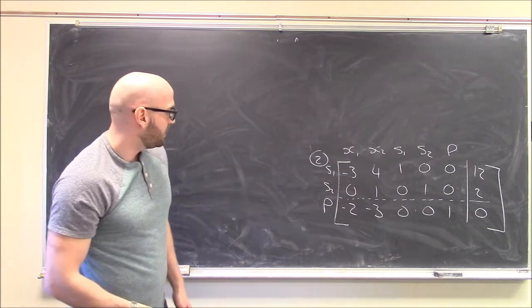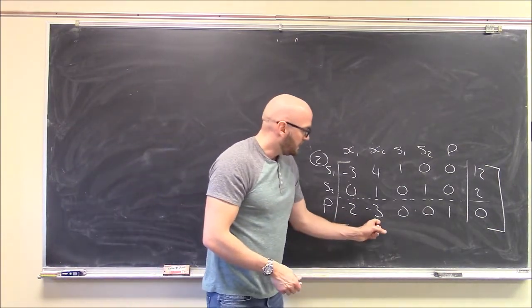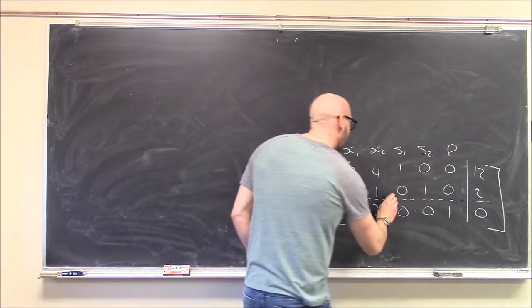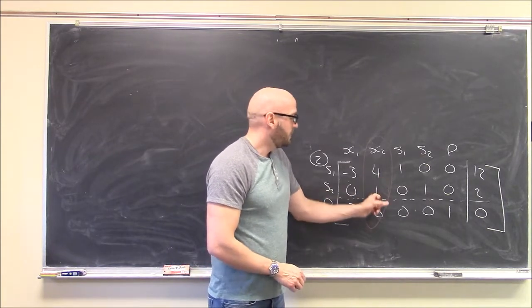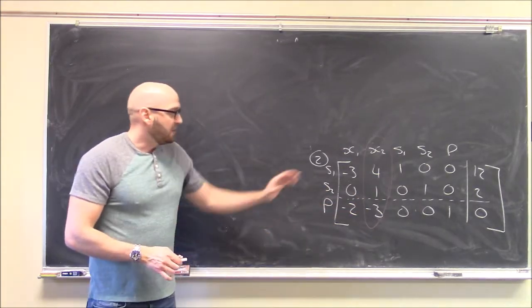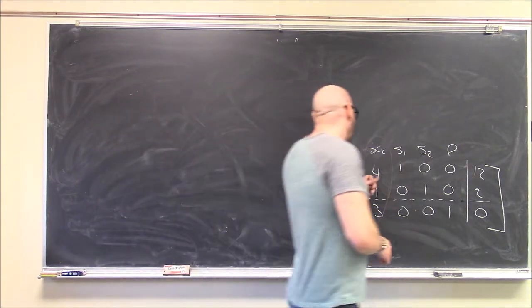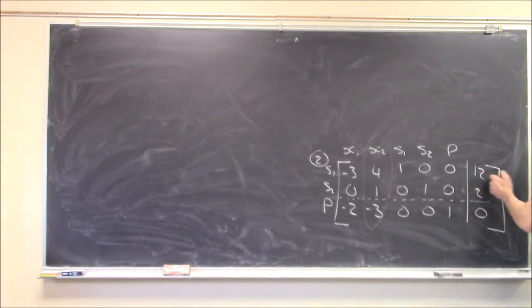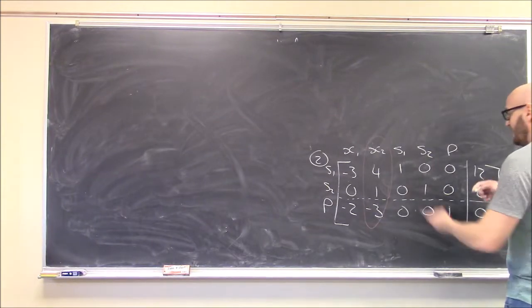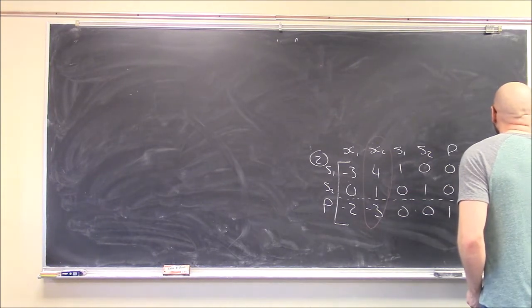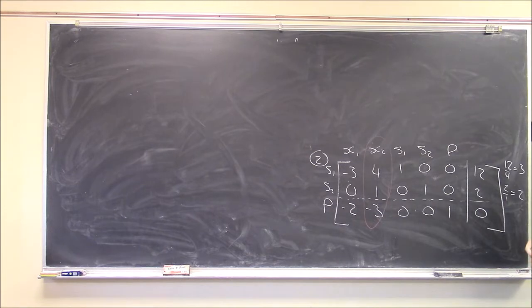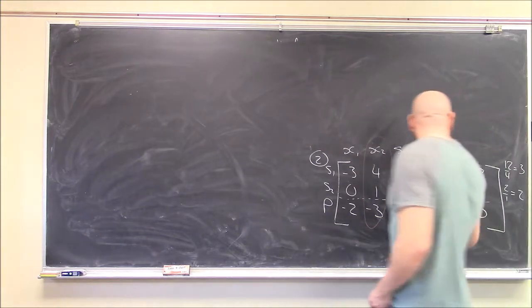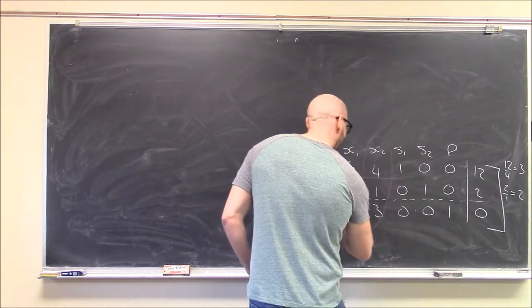So, how does this work? Well, I have to decide on a pivot column. I look down here and I find my most negative number, minus 3. There's my pivot column. I take the entries above the dash line, 4 and 1. I can only take positive entries here, but they both are positive. And I divide them into the corresponding entries in the same row to the right of the dash line. So I don't have a whole lot of space, but 4 into 12, so 12 over 4 is 3. And 1 into 2, so 2 over 1 is 2. And I choose the smallest value. So which one's smaller, 3 or 2? 3 is smaller. Or sorry, 2 is smaller. So this